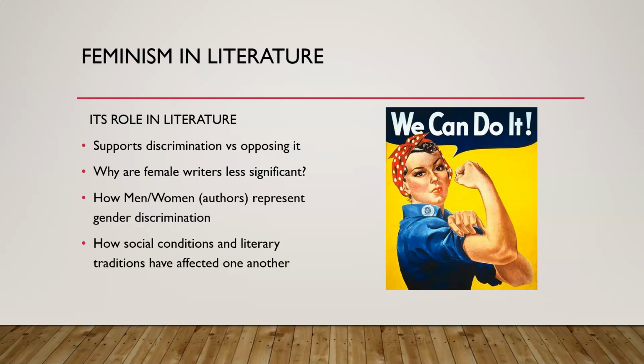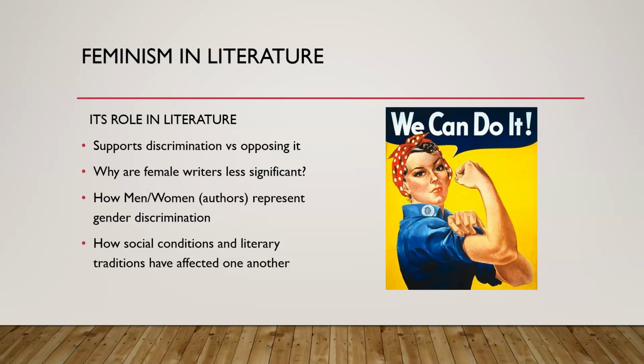So one of the main things that critics began to look at was how writers, both male and female, supported the discrimination or how they might have opposed it. And that's something that you can think about for the second lecture for this module. And they asked several questions, such as why are female writers less significant? And as writers began to be seen as equal to males,